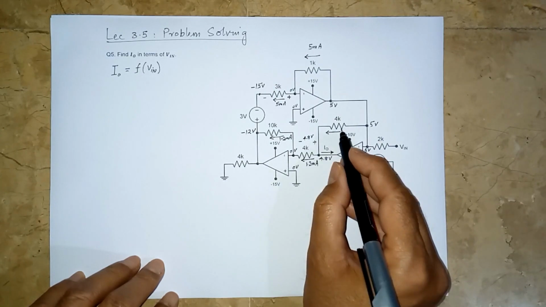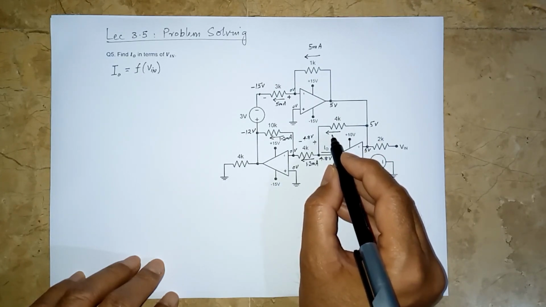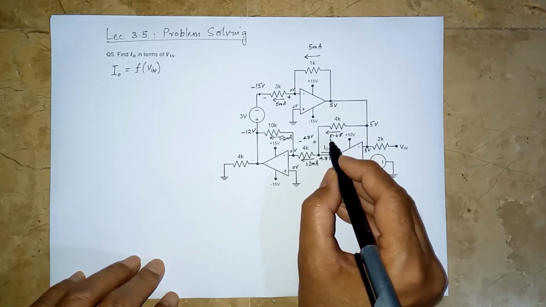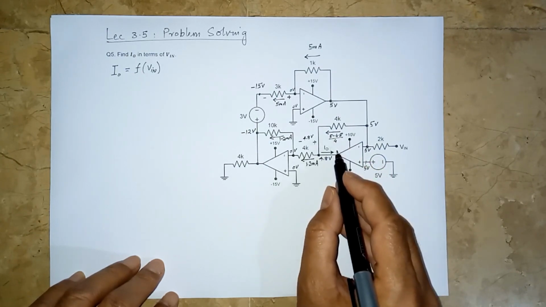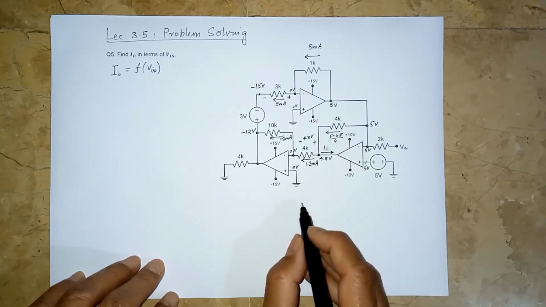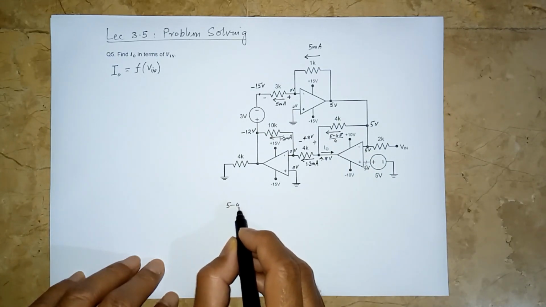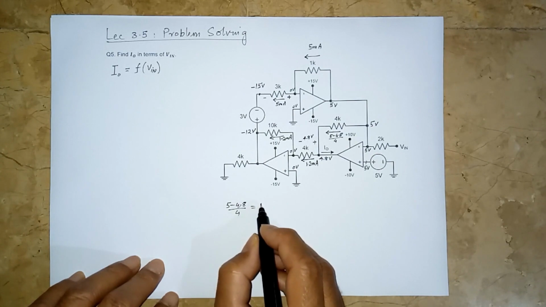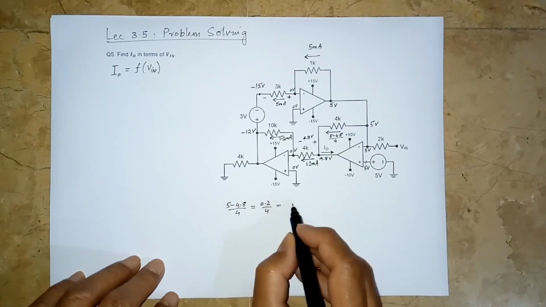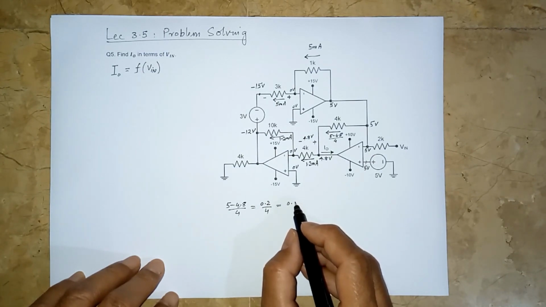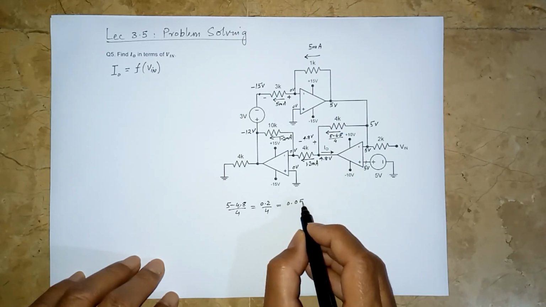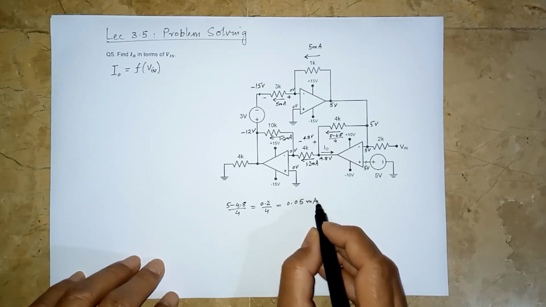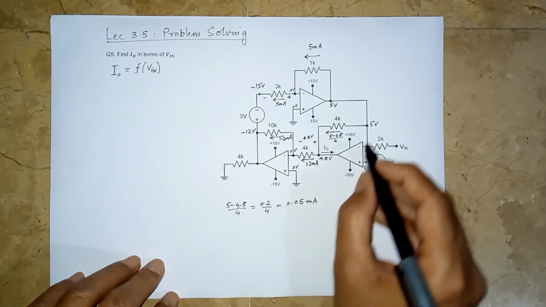The higher side is the upper side, and the current here would be 5 minus 4.8, 0.2 divided by 4. 0.2 divided by 4 would be 0.05 milliampere. So this current is 0.05 milliampere,